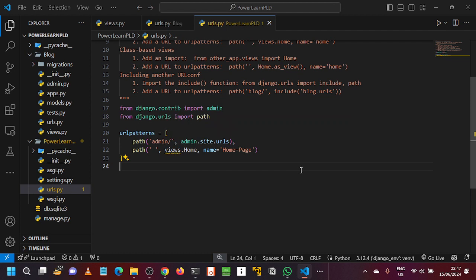Let me first of all help you with the other thing you're supposed to add. In line 18, from django.url, you're supposed to import path and then include too. We're supposed to include path and include. So we are using include so that now